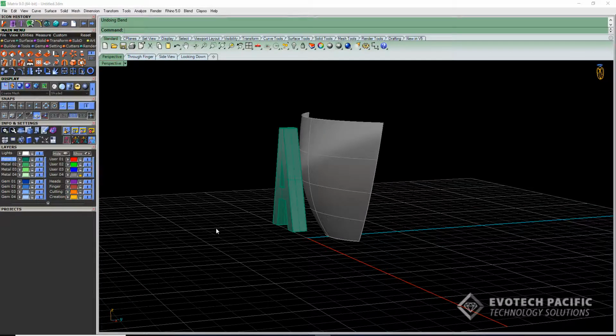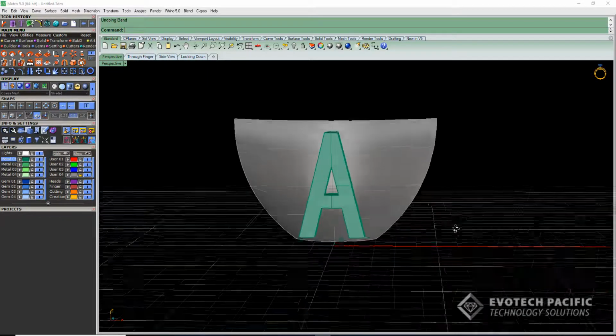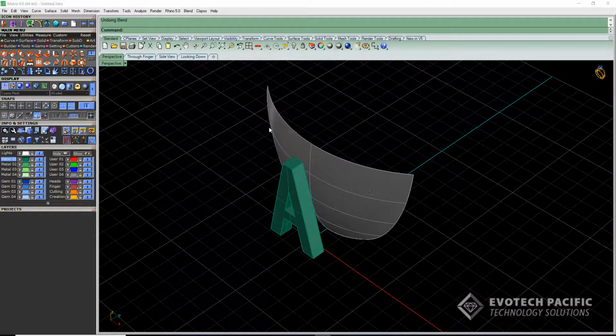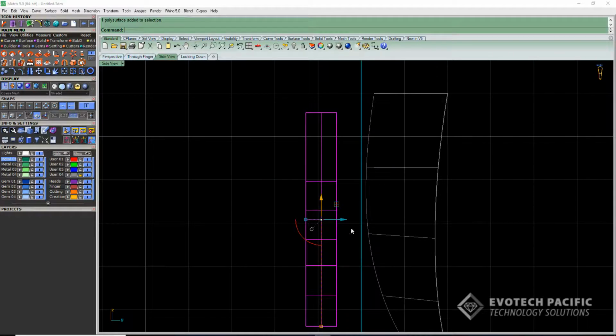Okay, so what we're going to talk about is the bend tool, and the bend tool can be found in the transform menu, and it lives just there. Now, if we wanted to bend this A and conform it to the same shape that we have here, all we need to do is just select our piece,